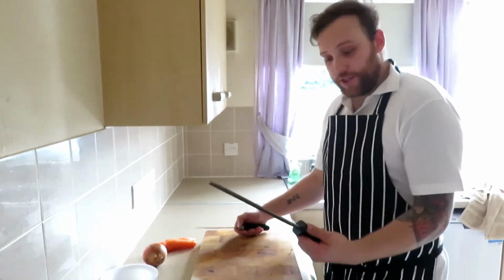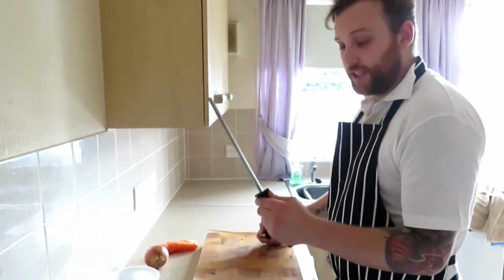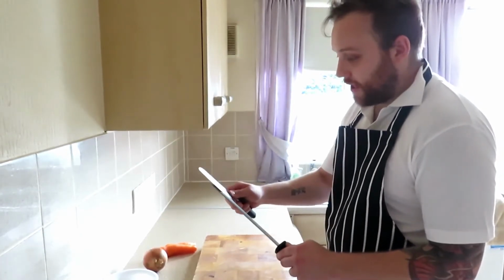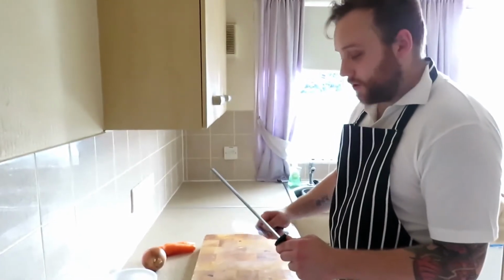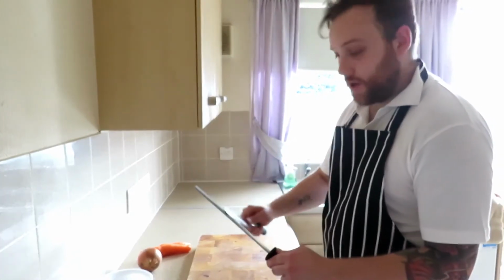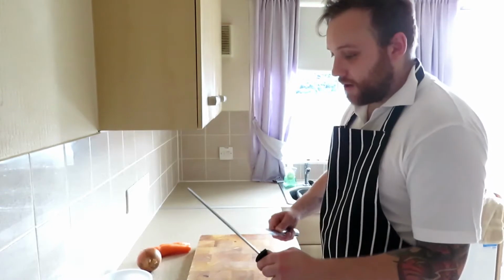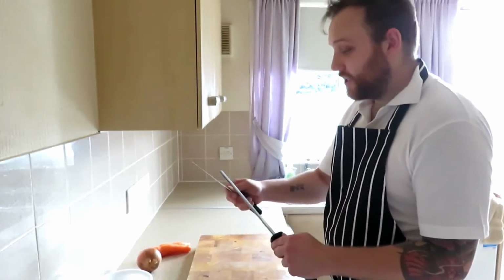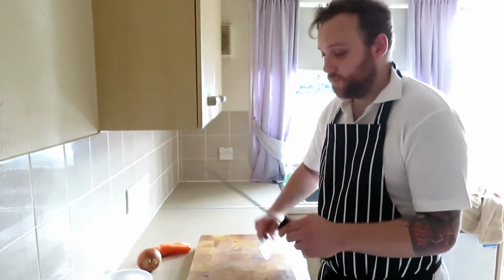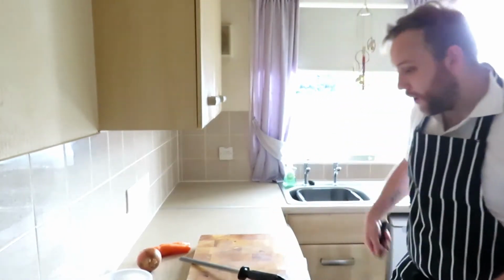So yeah, what you want to do is just take your steel, your knife, and you just want to be sliding it down at just a slight angle, forward and backwards, and it's literally as simple as that. And you just want to do that a couple of times. Give your knife a little wipe on your apron,